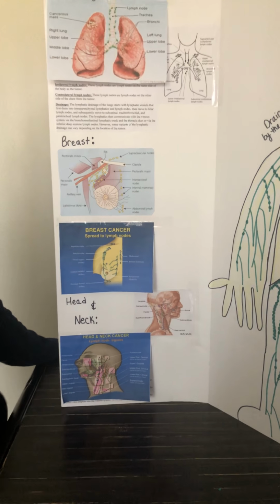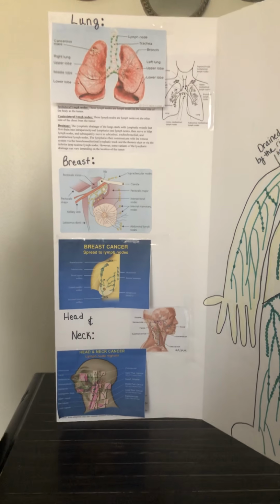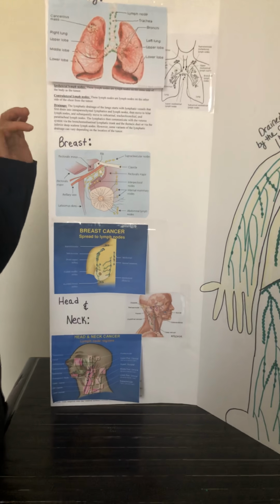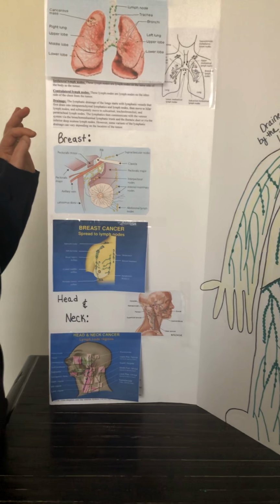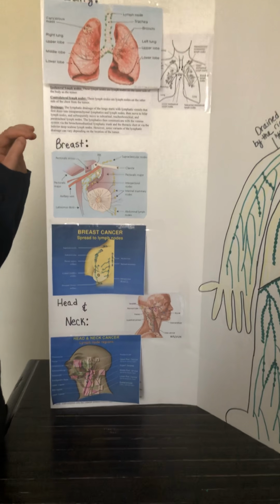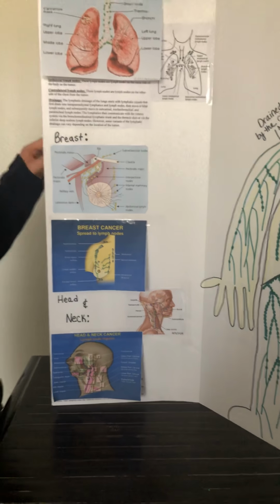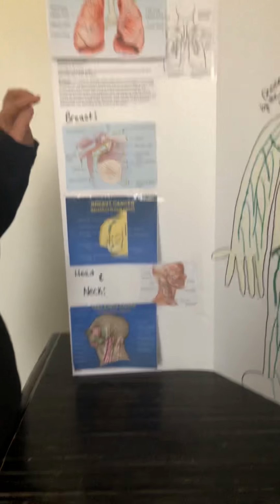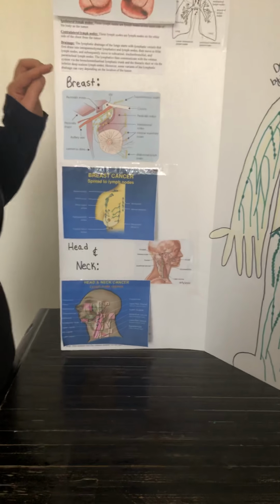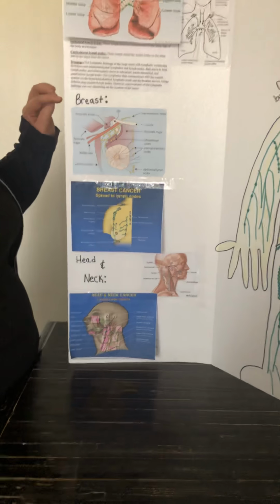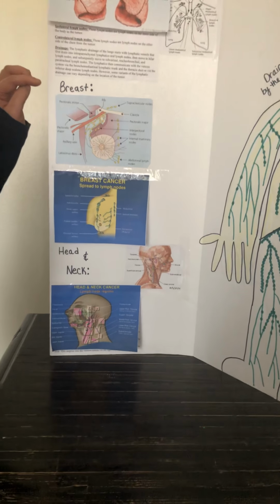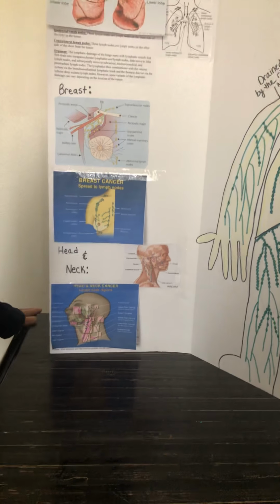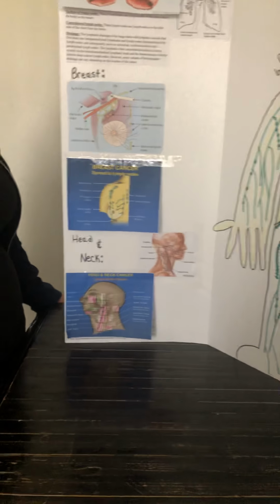Drainage I did a little differently on my project. From the information that I found, it described the most common lymph node spread, the lymph nodes that would be involved in lung cancer and where they would drain into. So the lymphatic drainage of the lung starts with lymphatic vessels that first drain into the intraparenchymal lymphatics and lymph nodes, then move to hilar lymph nodes, and subsequently move to